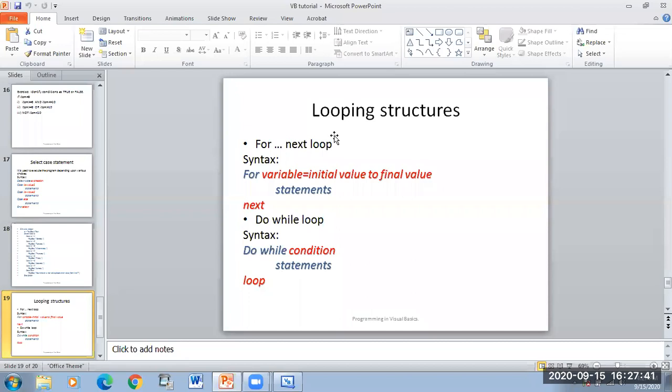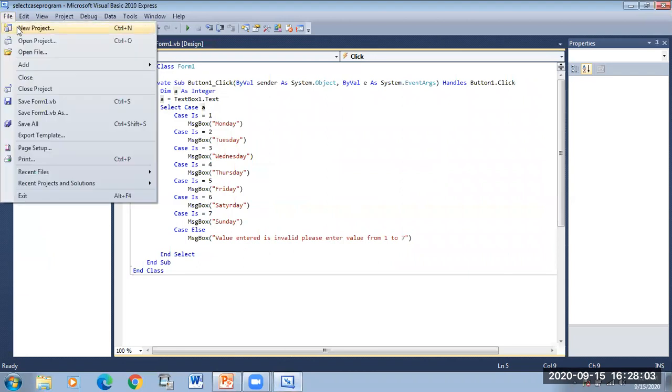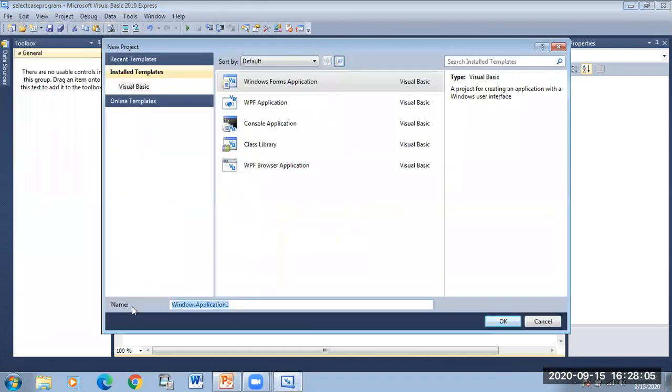I will check every number from 1 to 20 and see whether it is an even number or an odd number. If it is an even number, it will be shown as an even number. But before that, we'll use one small program to understand the loop. So let us start with a small program to understand the loop. Looping in VB.